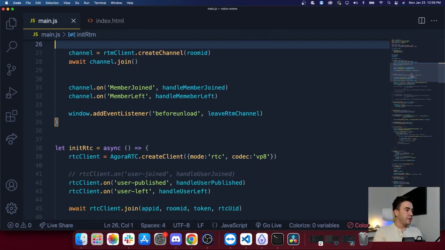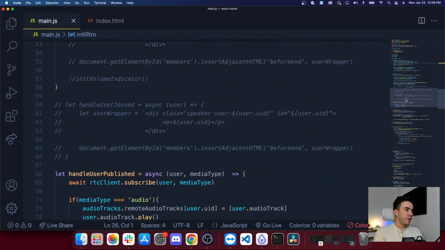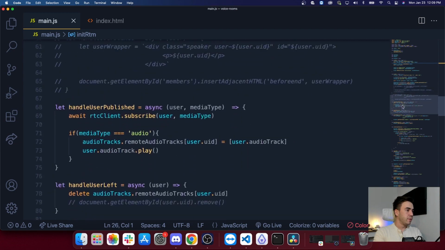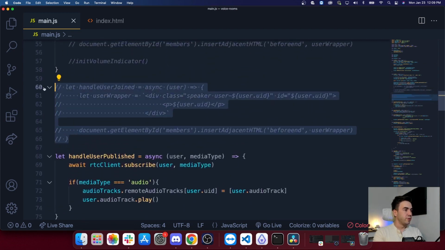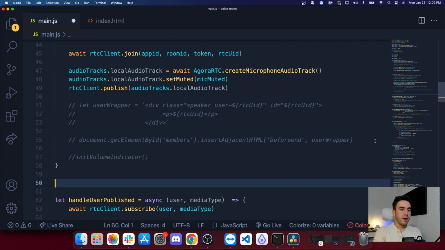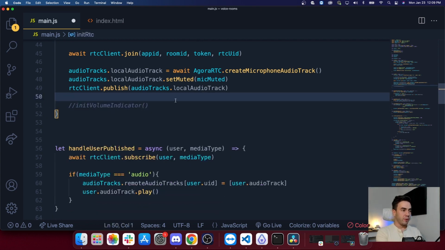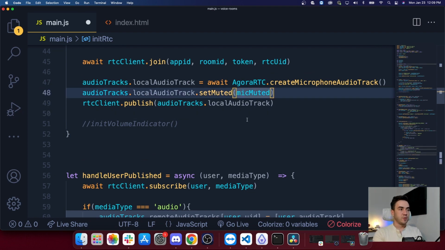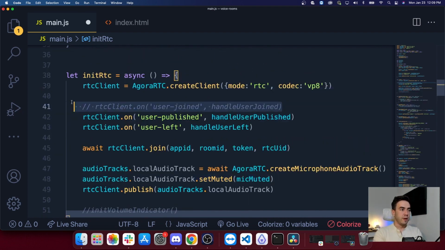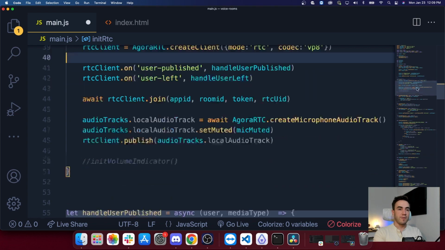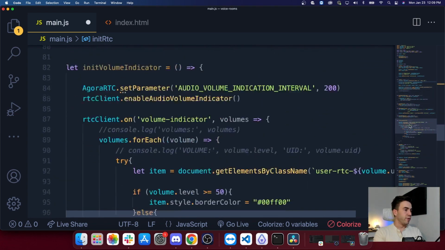And we're going to add this. Let's see. You know what? Let's get rid of the old handle user join method. I don't need that. And we're going to get rid of the user wrapper, but make sure the init volume indicator method is still there. So we still want to be able to see that because we're going to use it. We're just going to uncomment it later. Let's get rid of this because the code is starting to get fairly messy. So I just want to get rid of that. Okay,